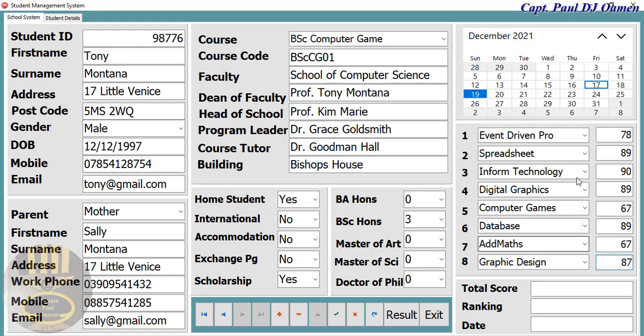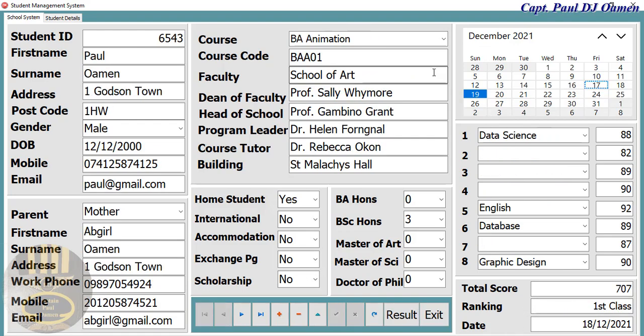There we go. And all they need to do is to click on the result to check out how he's performing. So we click on results. There we go. And the date as well. And as you can see, he's a second class upper now,